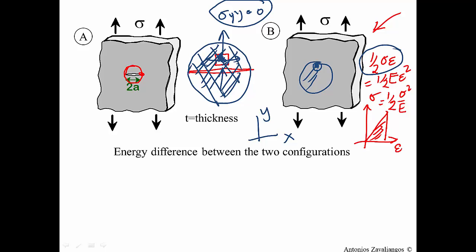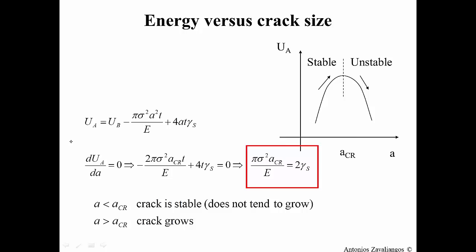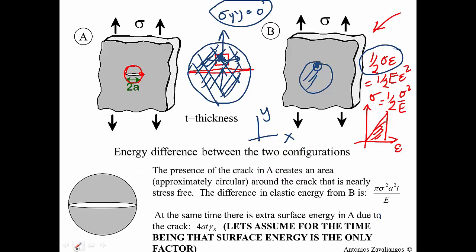So by connecting these two, we will be able to understand things related to the way that the crack propagates, as we will see in a few seconds. So calculations were correct. The difference in energy should be 1/2 sigma square over E times pi a square,